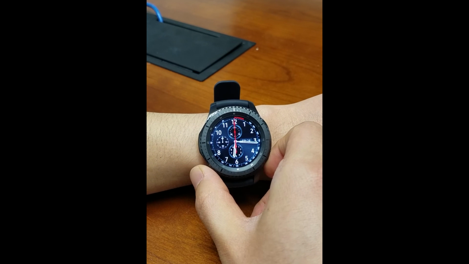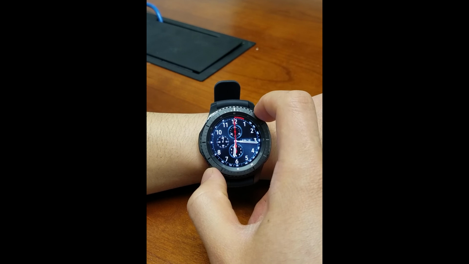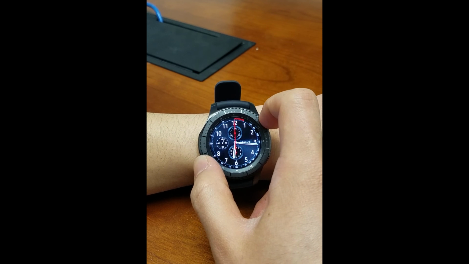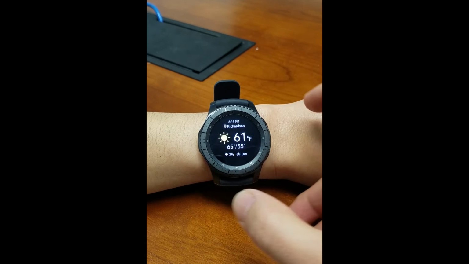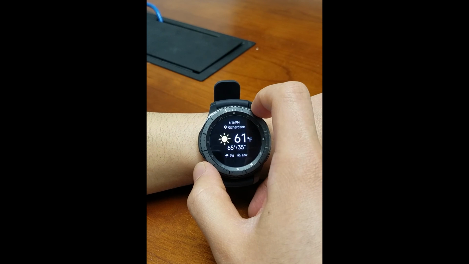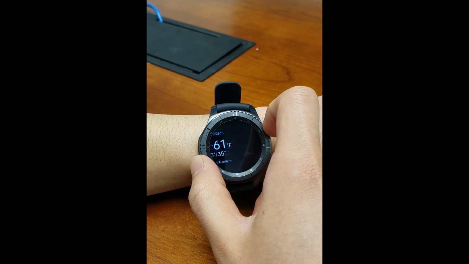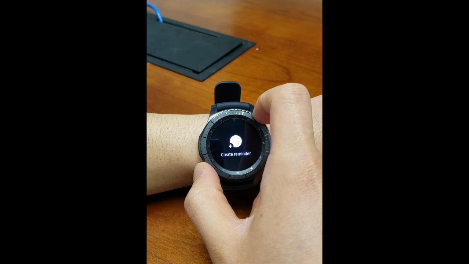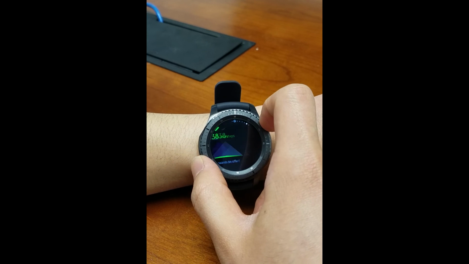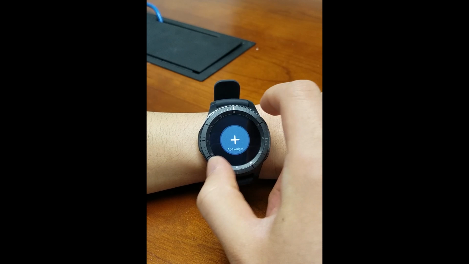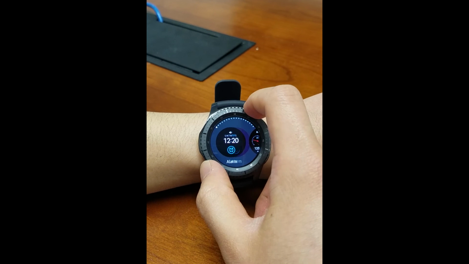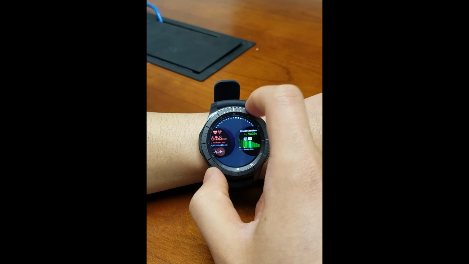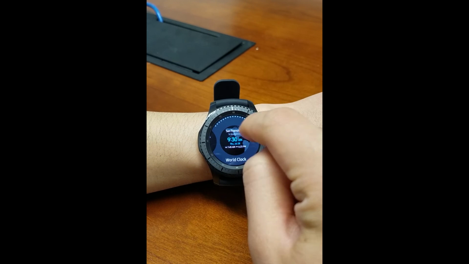Next, we're going to go over widgets. Widgets are information that is more easily accessible rather than going through the apps. And in here you can view information such as the weather, or add context, or create reminders. Today we're going to add a world clock. You can select add widget, and scroll all the way to the right, by selecting the world clock,